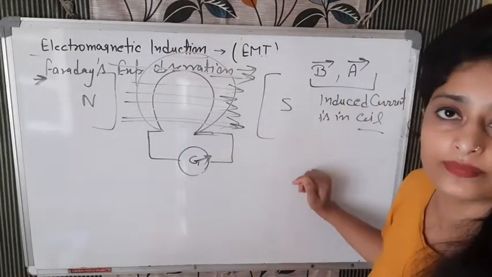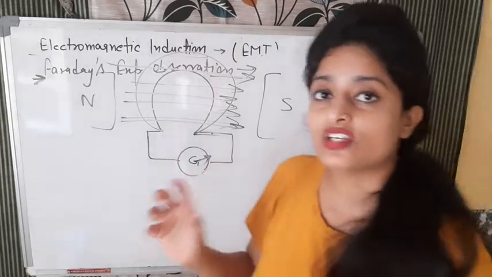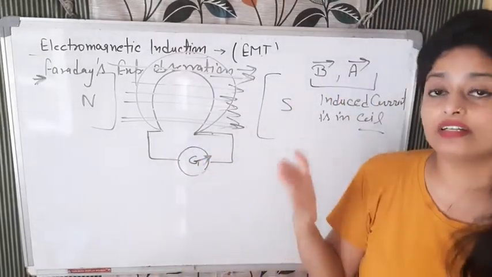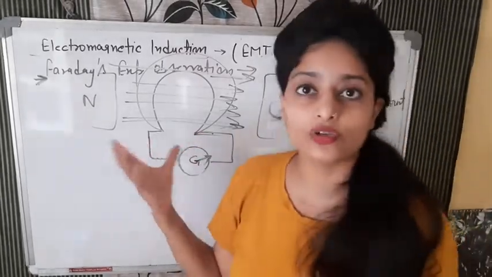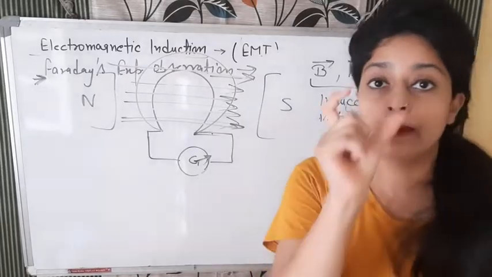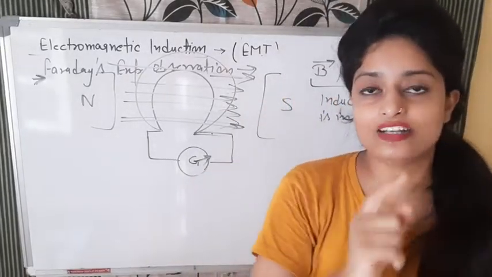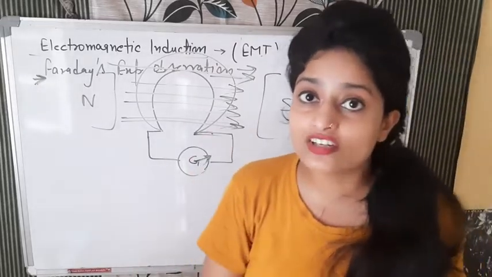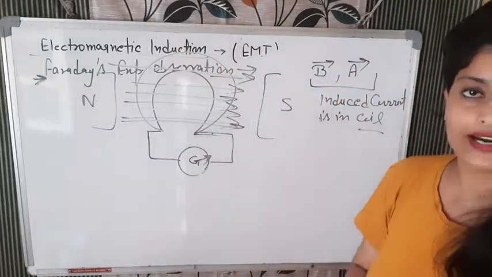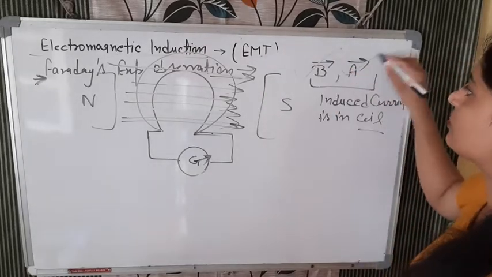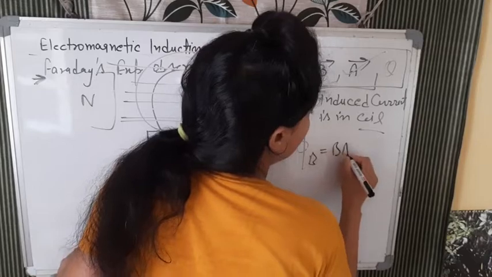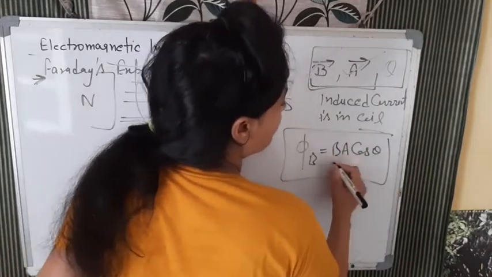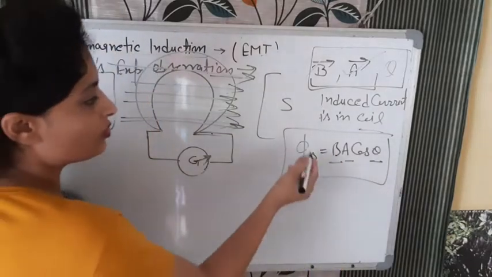Now these three factors are what? Magnetic flux. That's why the definition in the NCERT textbook is that whenever there is a change in magnetic flux, there is induced current in the coil. Now I hope you got what magnetic flux means. Magnetic flux means either the magnetic field strength can change, or the area can change, or theta can change. Combining these three, Faraday observed that it depends on B, A and theta, and these three quantities together are the magnetic flux, phi B. Phi B is B A cos theta. So these three, B, A and theta, together are known as the magnetic flux.